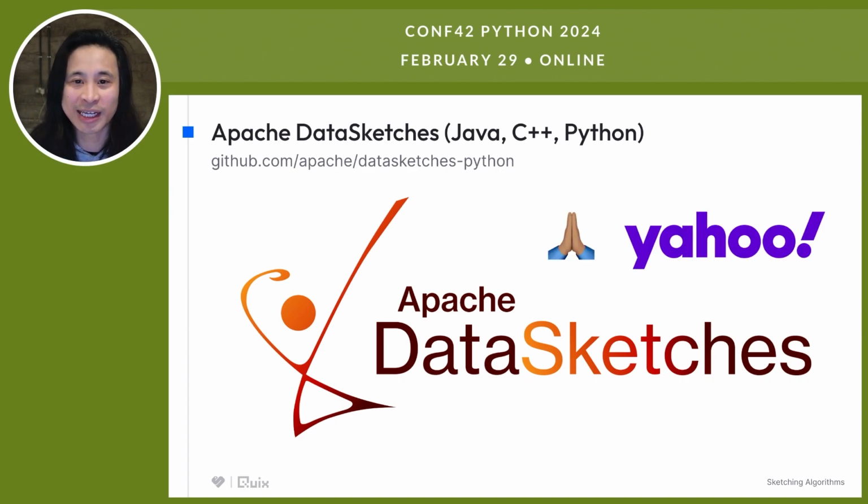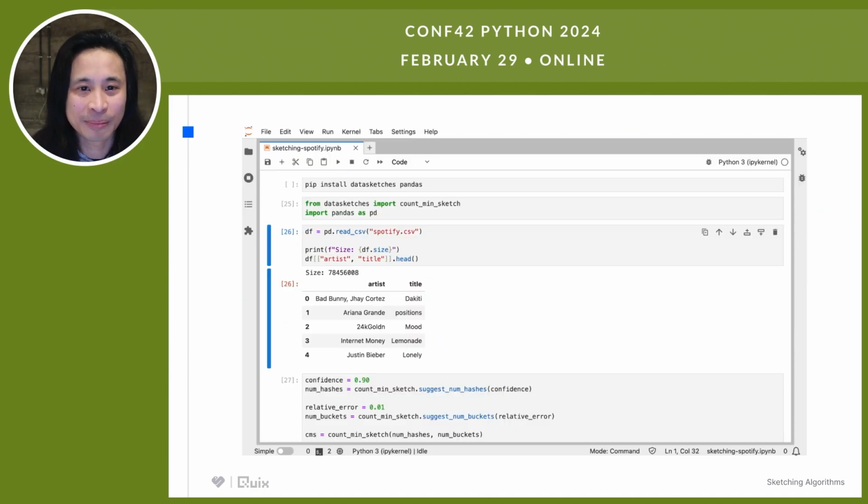This project was started at Yahoo in 2019, and it achieved Apache's top-level project status in 2021. So it has a really active community, and it has a good roadmap for implementing sketches. There's a very clear picture of the sketches that have been implemented and the ones that are coming up. And the beauty of this project is that it's cross-language compatible, meaning that you can mix and match languages for different components. Like I mentioned before, with the stream processor, you could implement that in Java, and then the backend query processor could be implemented in Python, and it would all work. But we're at Conf42 Python, so of course we're going to do it all in Python.